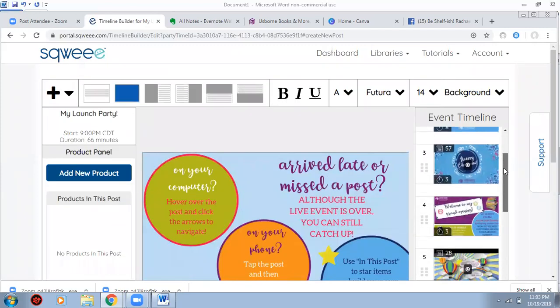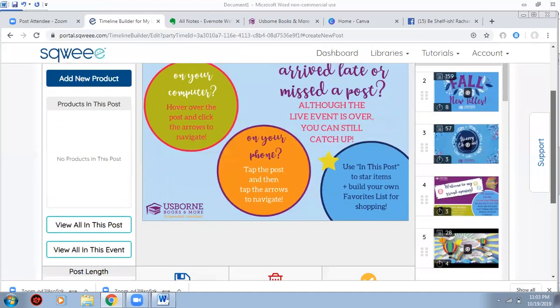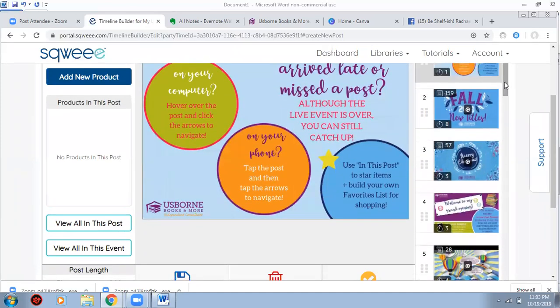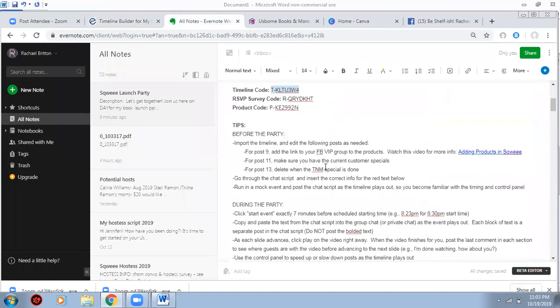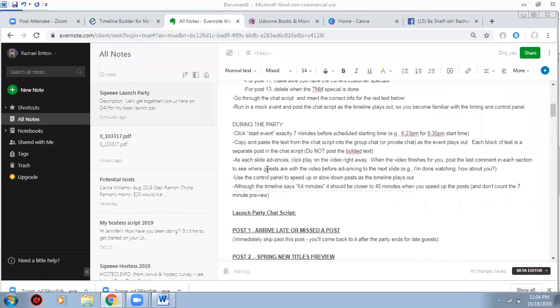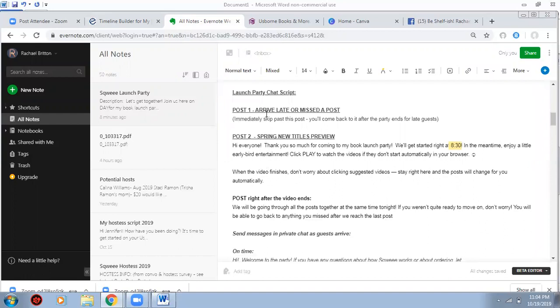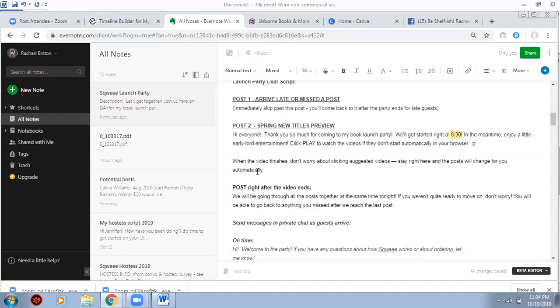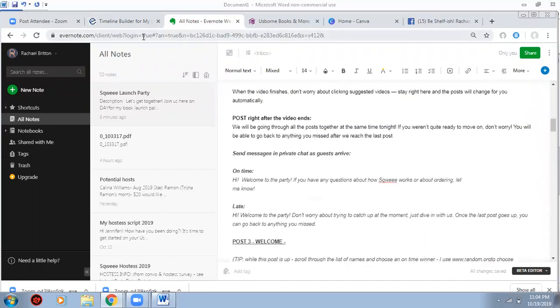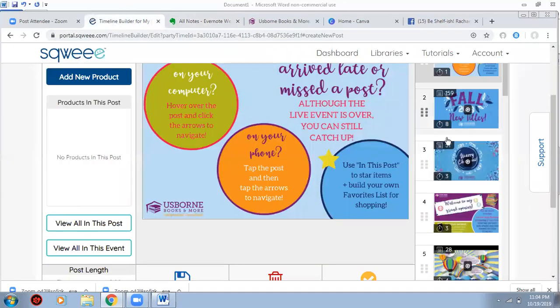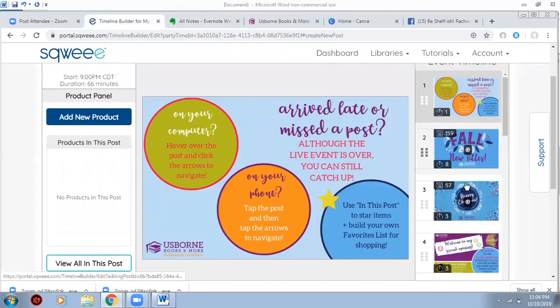Over here is the party. And so what you want to do is look and see what the description of the party is. So Jamie wrote out these tips before the party. Make sure you check all of these posts to see if you have to share or if you have to switch anything out. And as you go through, you're going to see post 1, post 2, and it looked like 3. So these first 3